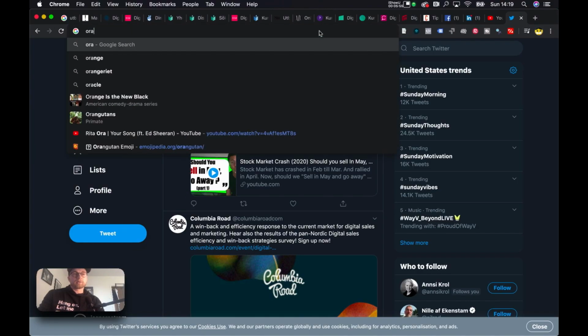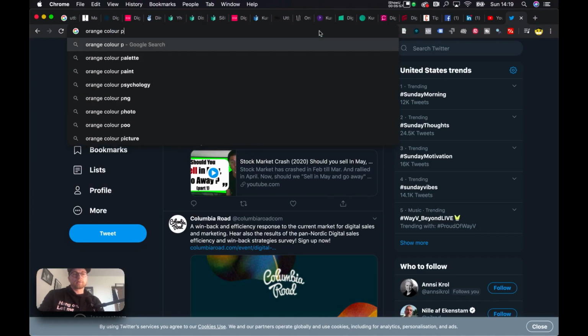I would much rather use colors like orange, pink, brown even, or some shades of brown, just to make sure that I will stand out. And so that's something that I'd use more likely, and I'm happy to see that none of the competitors here are really using orange. So I'm going to use orange as my main color, and then what I do is that I go orange color palette,